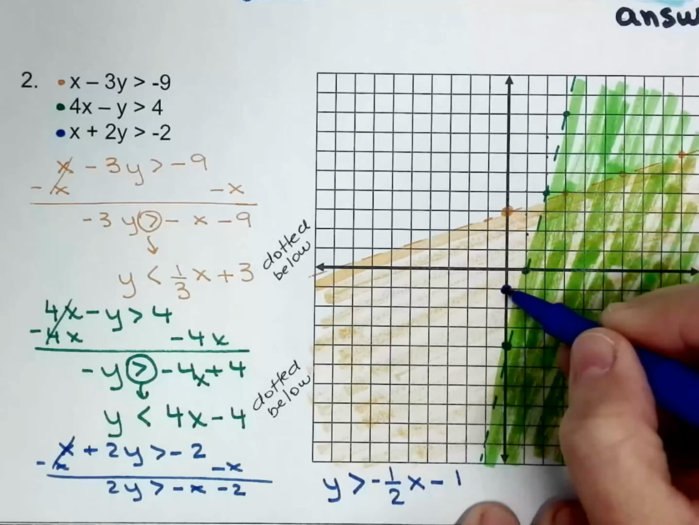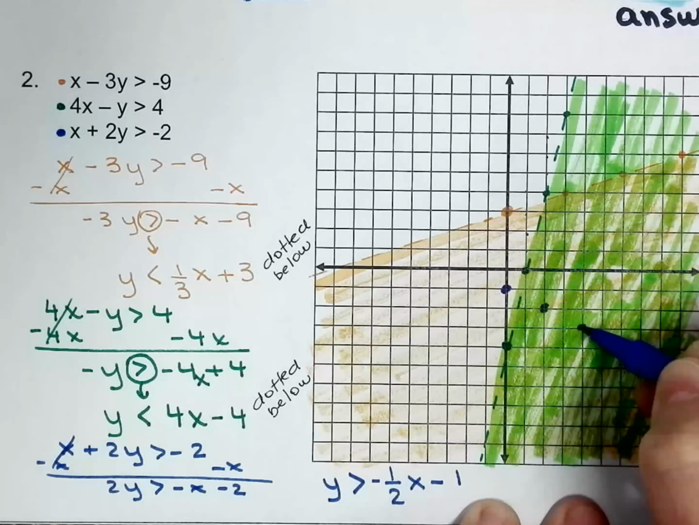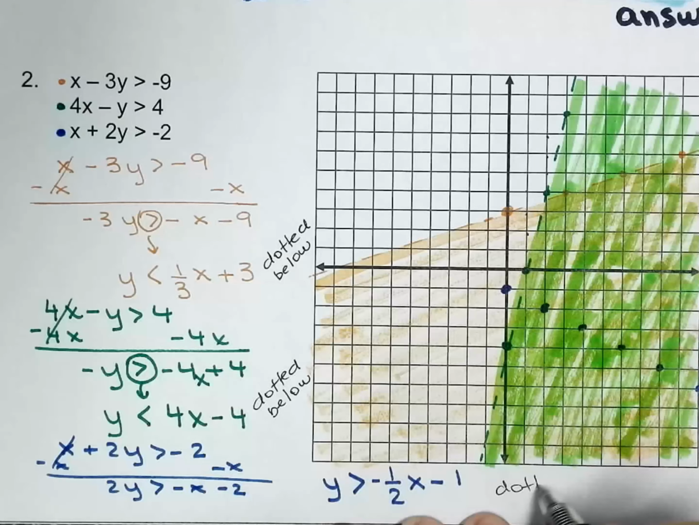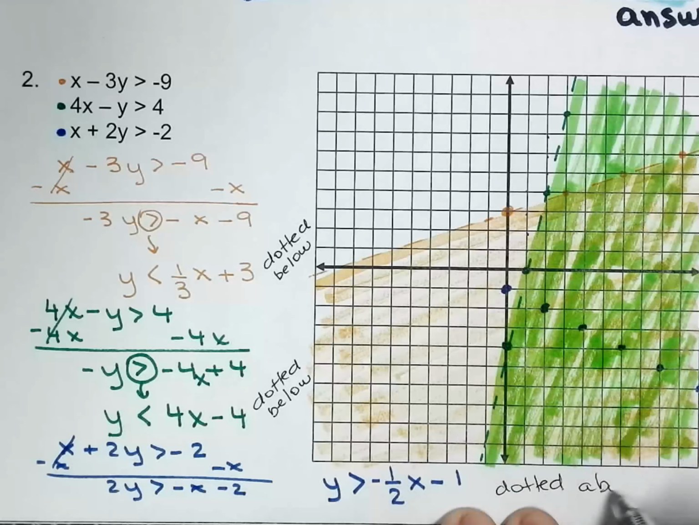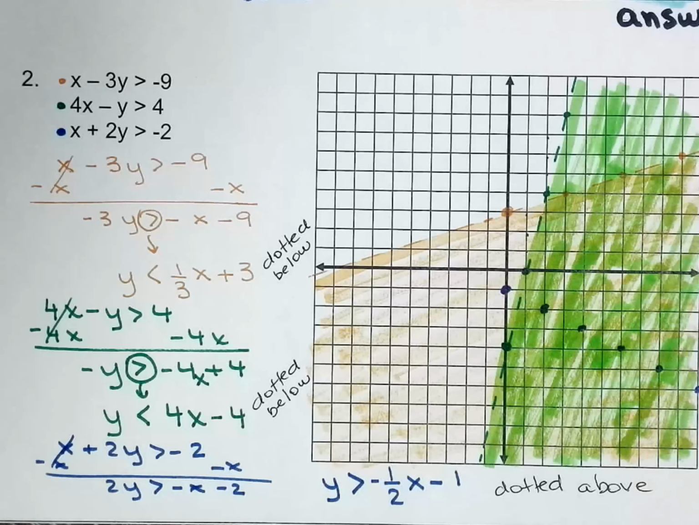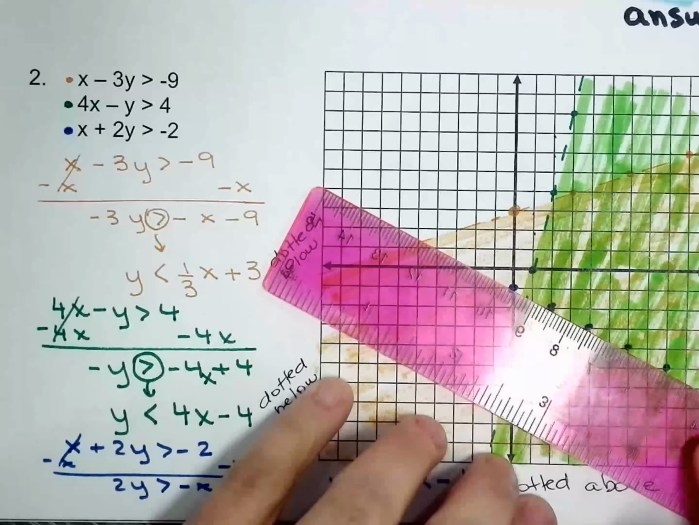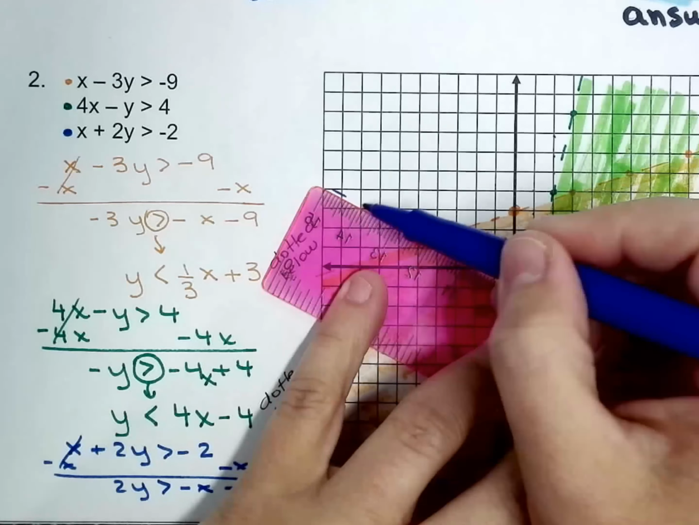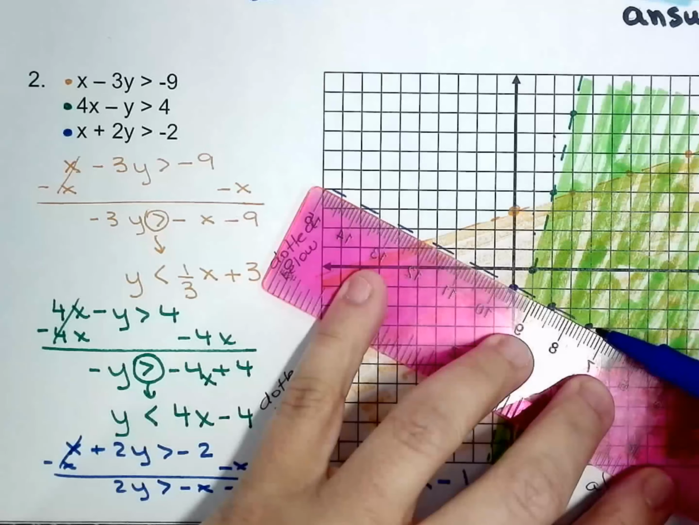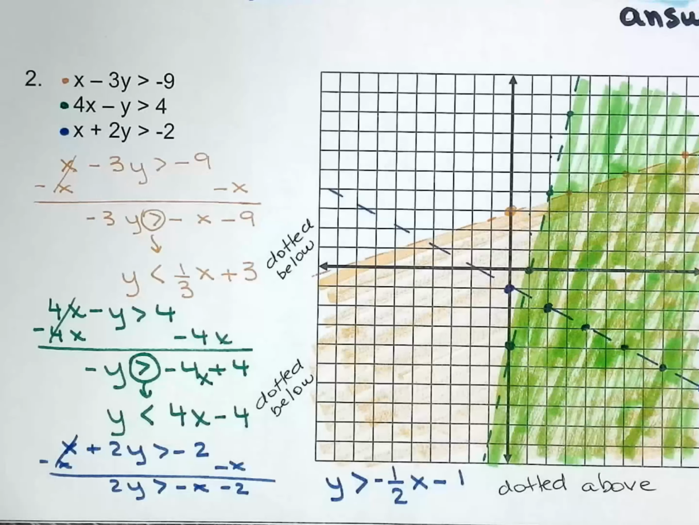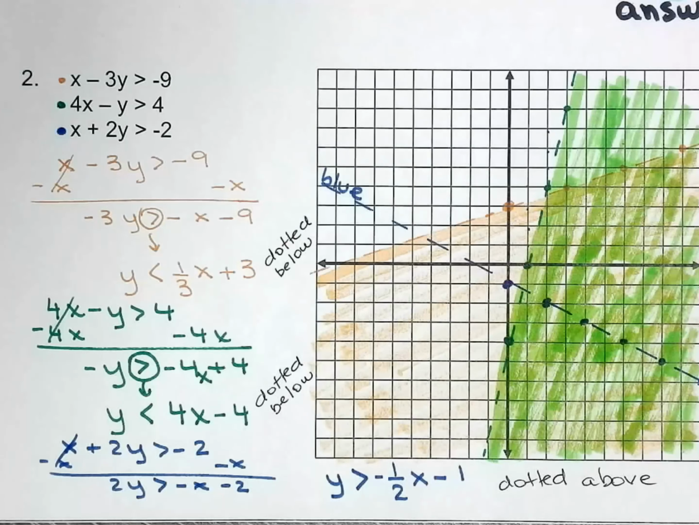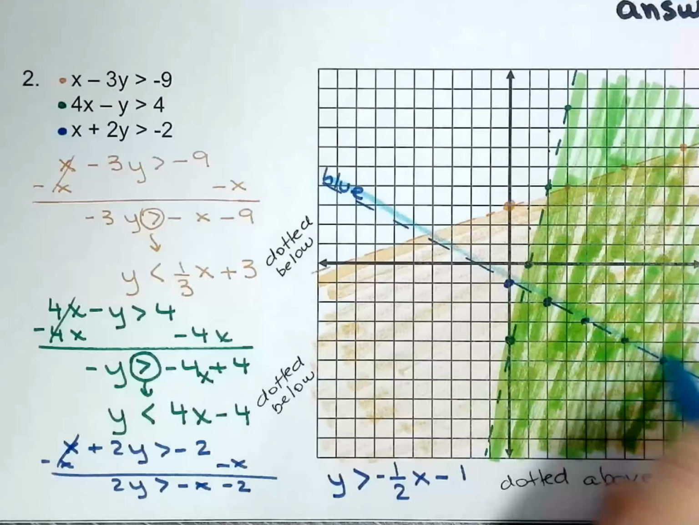Negative 1 right there. Go down 1/2. Down 1/2. And it's going to be a dotted line. And you're going to shade above. And this line is blue. So when you're shading above,